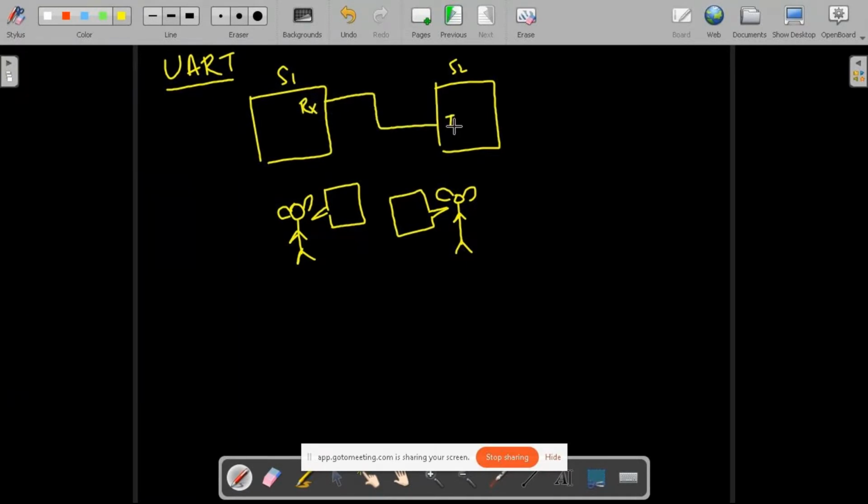to TX. So here, if system 2 is transmitting some data, system 1 has to listen, and if system 1 is speaking or transmitting any data, then system 2 has to listen, and we call this a crisscross connection, and ground is common in between. This is called asynchronous because before the start of the communication we are setting the baud rate to 9600.